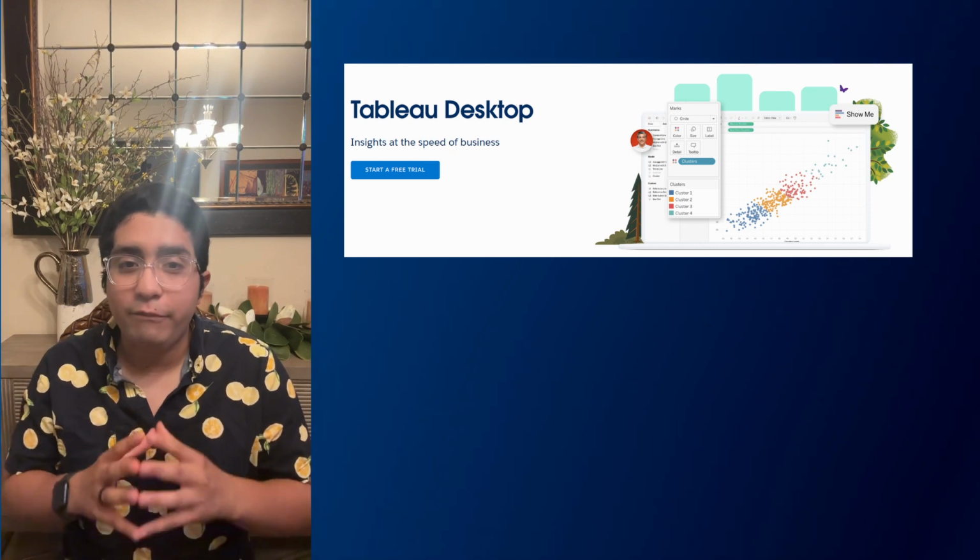Here are 3 free software licenses you can get if you're a college student wanting to break into analytics. Your major doesn't matter, all you need is an active school email account. The first 2 licenses are Tableau Desktop, which as you might know is one of the top data visualization tools